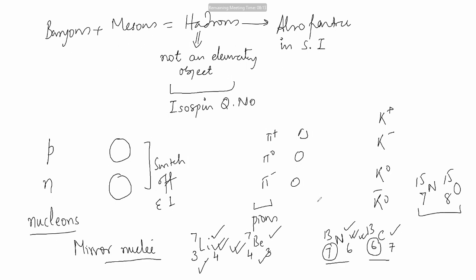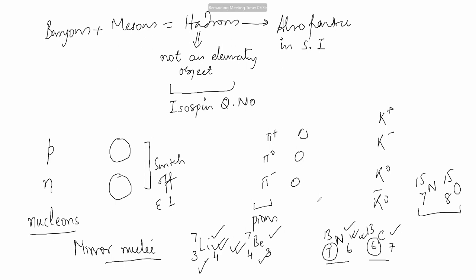And that means a strong interaction is not distinguishing between a proton and a neutron. Had it been so, then the masses of these particles would have been different. But the masses were found to be exactly the same if we take out the Coulomb interaction energy part. And this is what I was telling you, that if you switch off the electromagnetic interaction, then you cannot distinguish between a proton and a neutron.